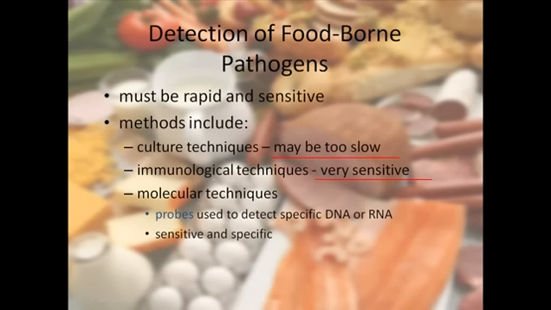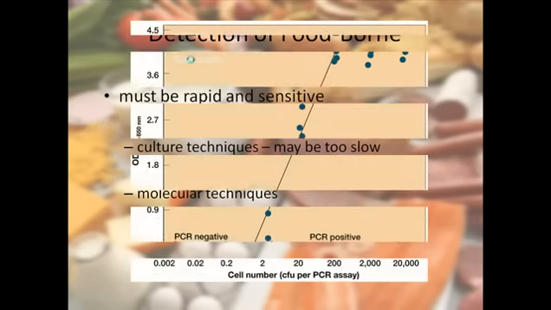And we also have different molecular techniques. We can use probes, that means small single-stranded DNA molecules, sometimes RNA molecules, to determine whether the food is contaminated by detecting the genetic content of any kind of microorganism. So if we find the genetic content of different microorganisms in food, then we can say that the food has been taken over by those microorganisms. Okay.